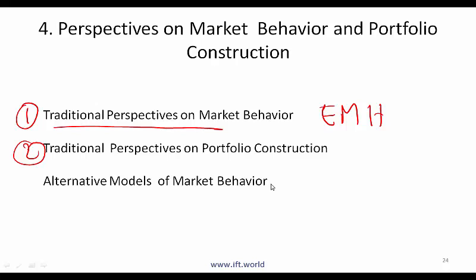So what did he say? He talked about the efficient frontier, the capital market line, and then figuring out your optimal spot on the CML. So we'll do a quick refresher of that. And then we will say why real people don't really fully follow those models. So then we'll talk about the alternative models of market behavior as well as of portfolio